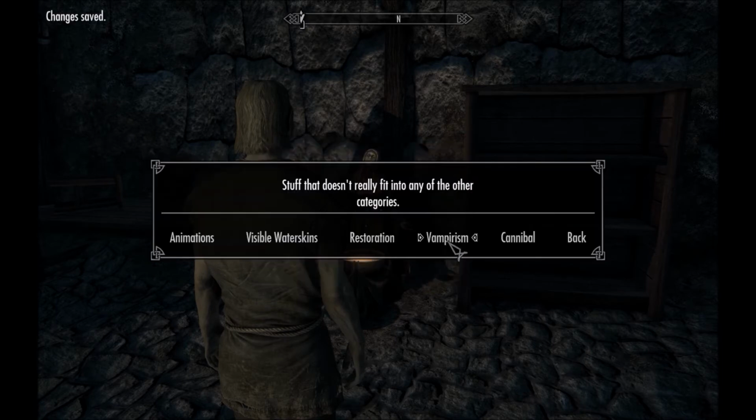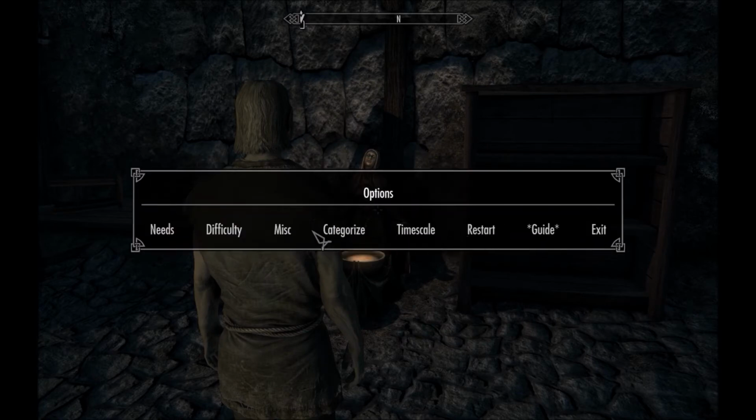Restoration, yes, it'll affect your stamina. Vampire, I like to put pure. I'm not really gonna put cannibal. There's no point to it. I don't want the meat. And then categories. No, there's no point in categories. Scale time system. The holidays is doing that, so I don't want it to fight. And then I can restart whatever I want. So